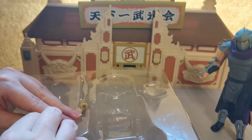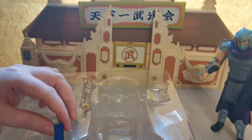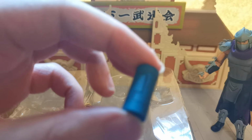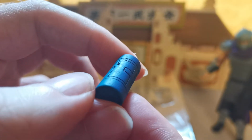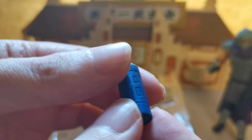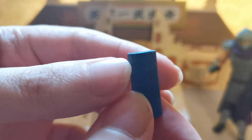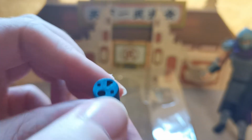If I can get into this. Right, so let's remove that sellotape. I think this is a Mutant canister. It is. That is the original cartoon version of the Mutant canister. So interestingly, it's got two colours. You can see a big straight line down the middle where this area here is dark blue and the rest of it is light blue, and you can see very clear lines there. I don't know what that's about. The top of it isn't like that and the bottom of it isn't, but that is certainly a can of mutagen,